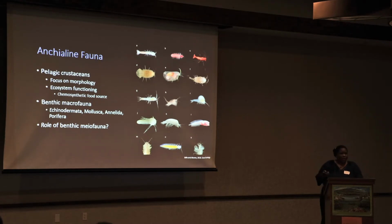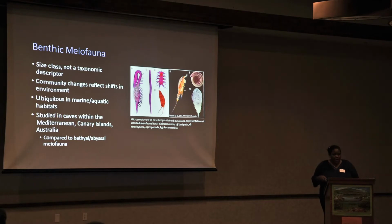What we're trying to focus on with this NSF project is looking at the role of benthic meiofauna and their diversity patterns within Yucatan caves. So meiofauna are a size descriptor rather than a taxonomic description. So they include many groups, including nematodes, copepods, amphipods, etc. And also Foraminifera, which is what I am particularly interested in. So this term refers to the size of the organism, and